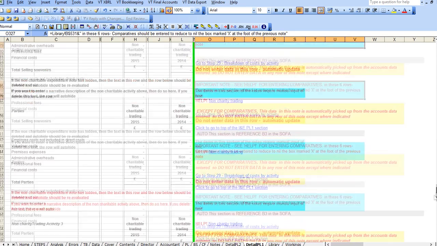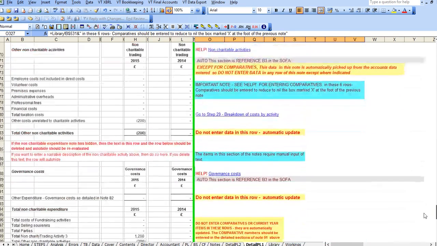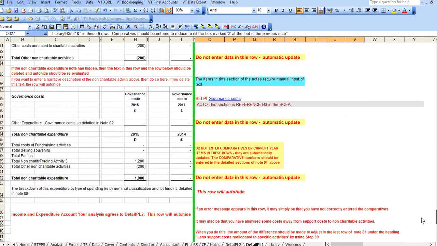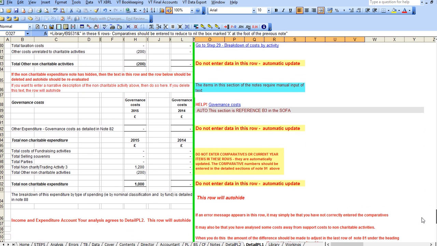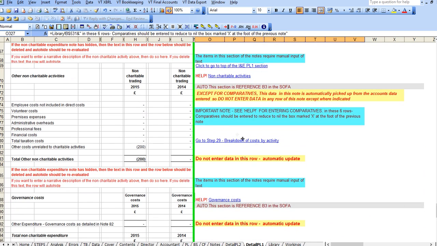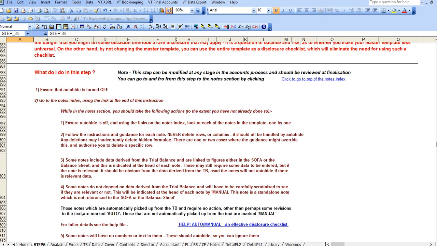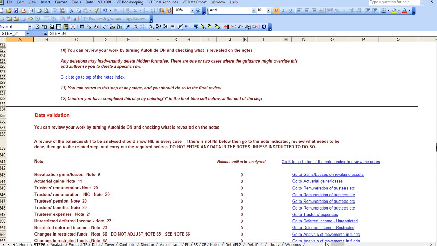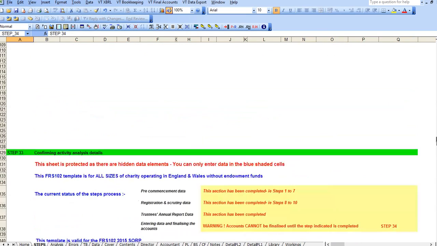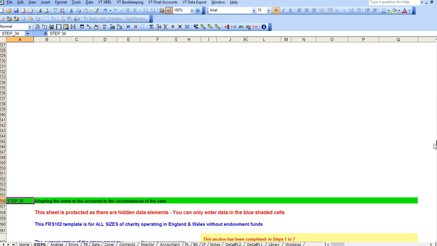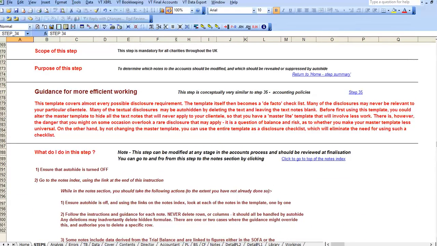So, for example, you may have a message saying you have not fully analysed your non-charitable activities, and you will have to enter manually figures to complete the analysis. Similar approaches are used for detailed P&L2, but we'll return to that later. Once you've completed this step, which may involve quite a lot of work, you should then